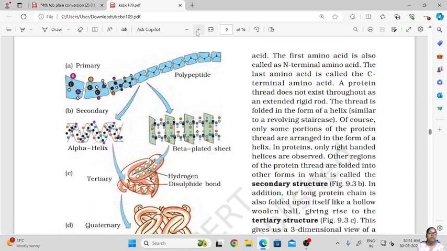So see, this is the primary structure of the protein, wherein each of these boxes which we can see is an amino acid, which are held by what? Peptide bonds, and this is the N terminal and this is the C terminal of the amino acid. Then this structure further will